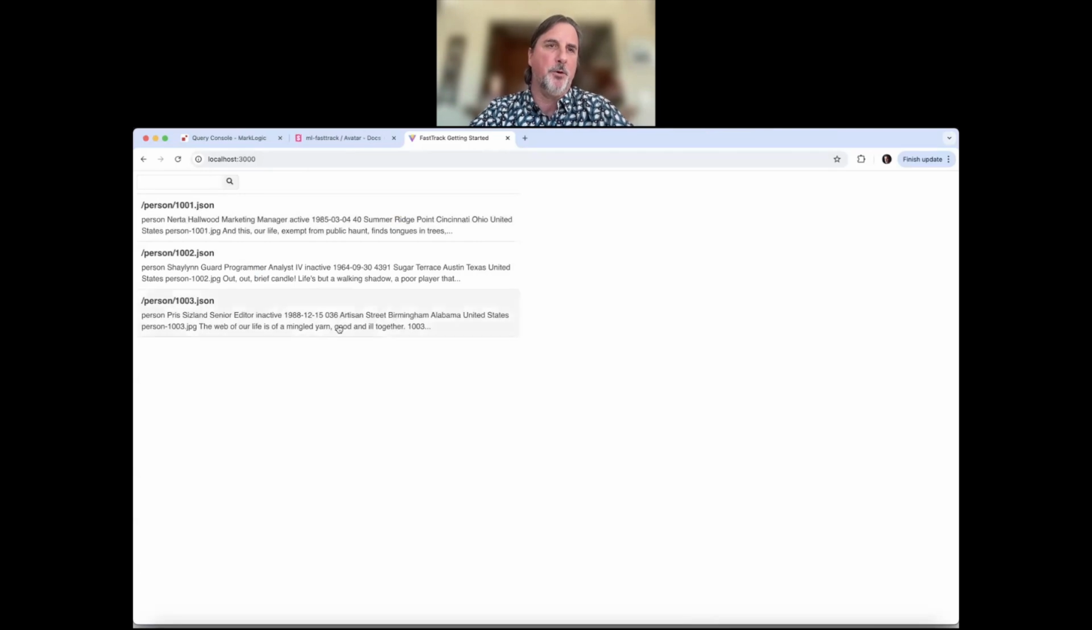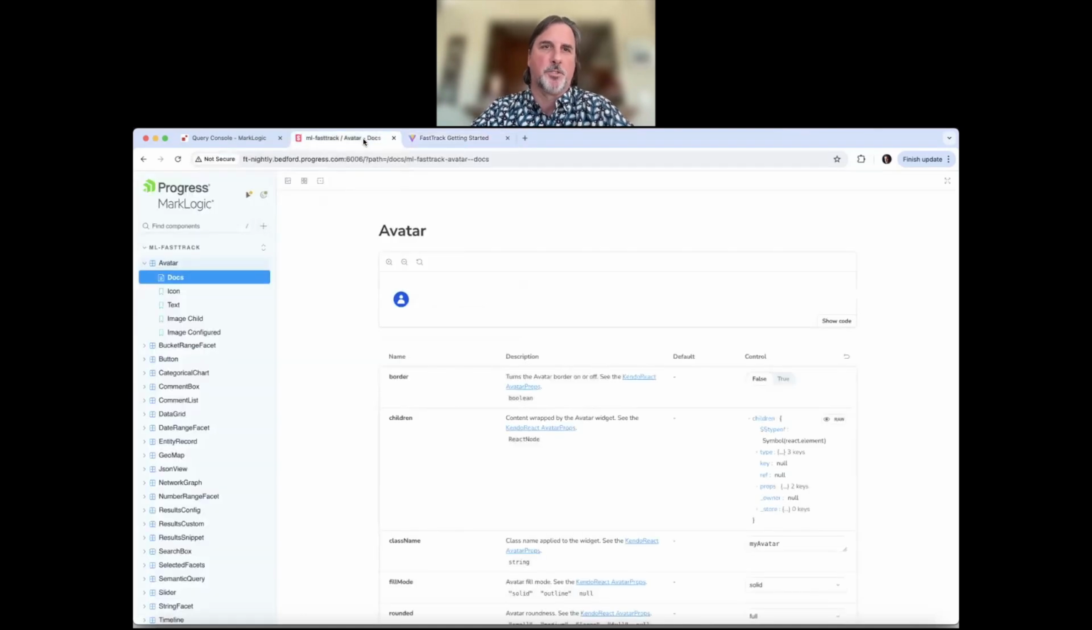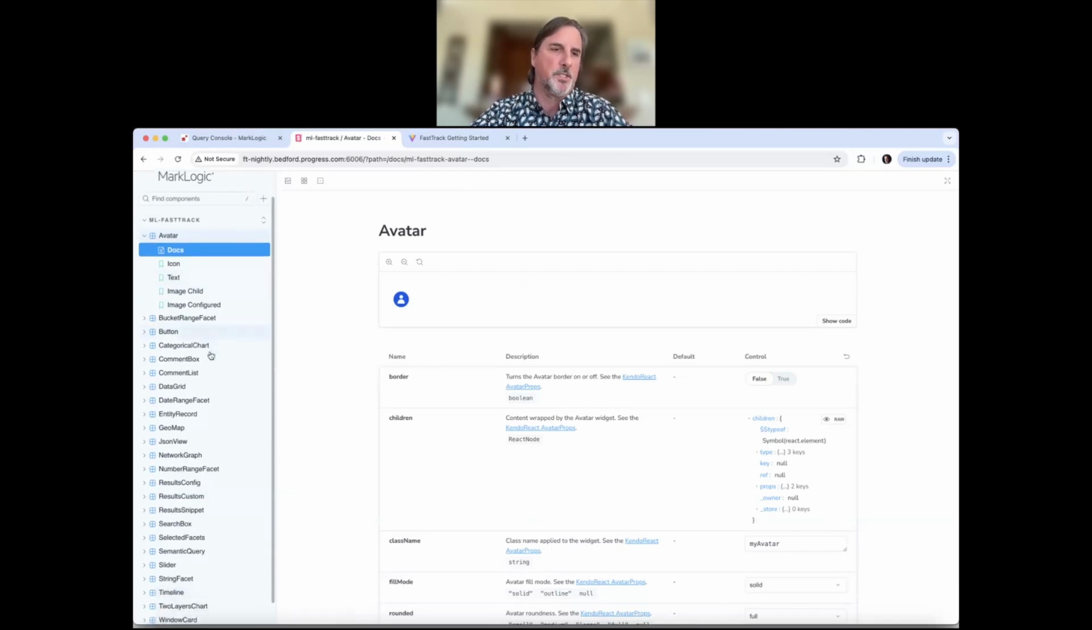And one thing we can do is, okay, we have some basic information coming back with result snippet. How can we then augment result snippet to, say, access more features that are provided by this widget? I'm going to switch over now to FastTrack Storybook, which is part of our documentation, and it basically allows you to review all the widgets available in